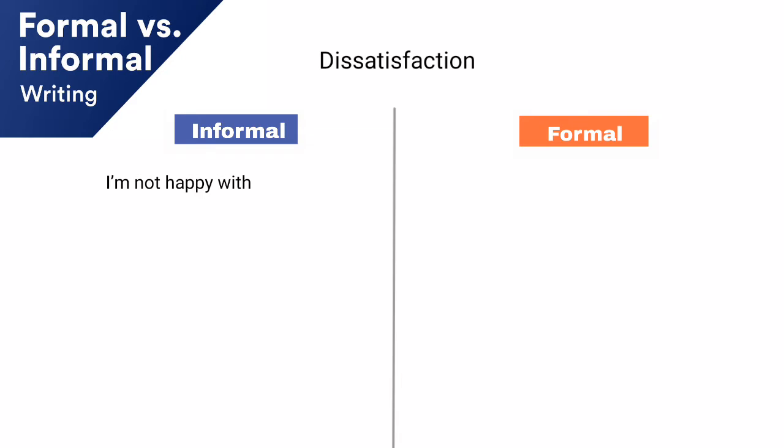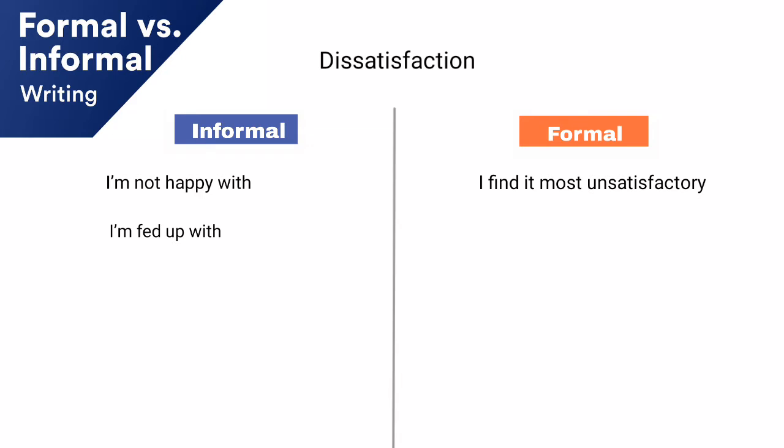Okay, so at the same time, what you can do is say I find it most unsatisfactory. So this sentence also shows that I'm not happy with, but the sentence formation is different here, and that makes the difference between the formal and informal ones. Okay, and the next one is you could also say, I'm fed up with. This you can write to your friend, right? But at the same time, if you are writing to anybody that you don't know personally, I would say this is not the right way to express your dissatisfaction, right?